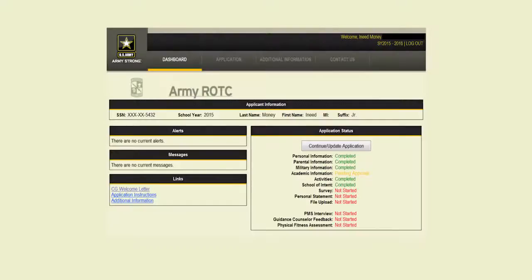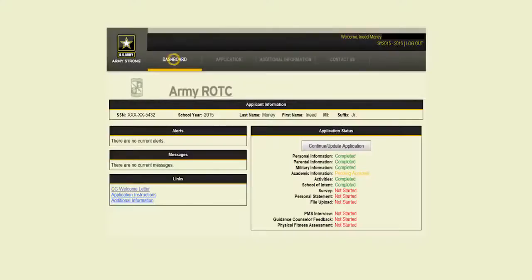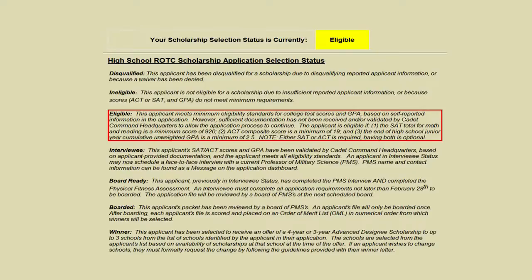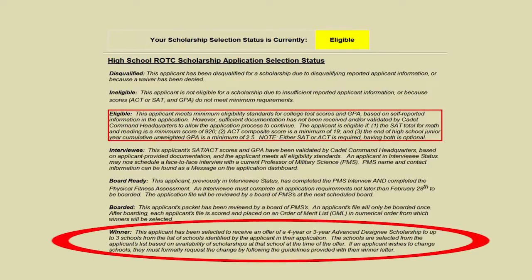After we've received all your required documentation and we verify your ACT and SAT score, you're ready for an interview. On your dashboard, you can expect to receive contact information for 5 different professors in your area. You can also go outside of your area or outside of those 5 points of contact that we've given you. Those are only suggestions. If you're overseas, you have to arrange a video teleconference interview with whatever professor that you've chosen. And near the bottom of the page, you can follow the final phase of the application process and the